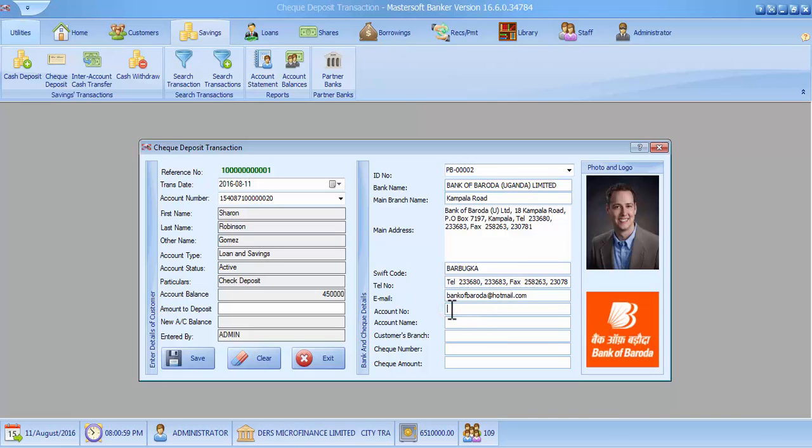So from the check, you have to fill in this information: the account number, this customer's account number. We suppose that this customer has another account in another bank, or somebody has issued a check to this customer from another bank. So you look at that check and fill these details properly on this form. For example, on the check there is an account number which you have to fill in here. Then the account name, the person who is issuing the check,